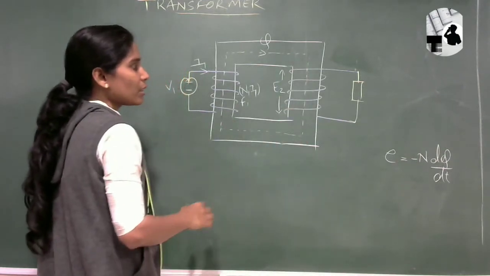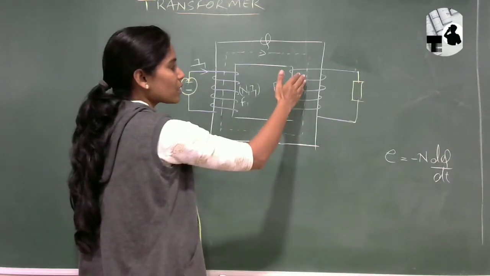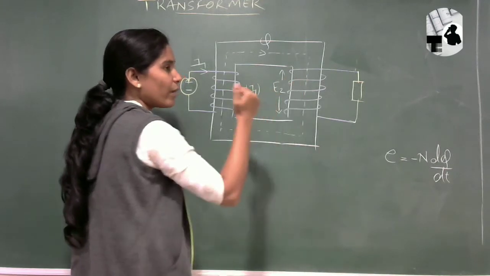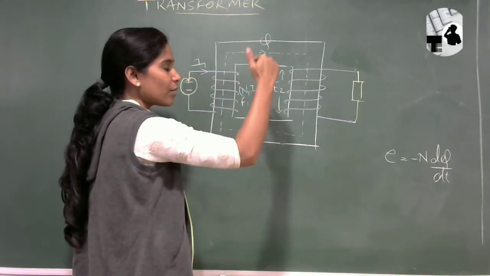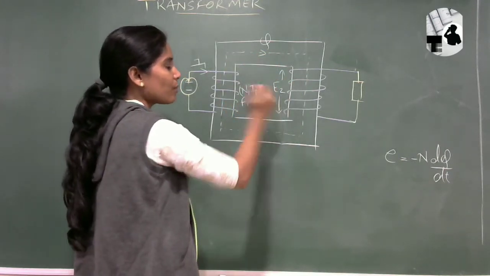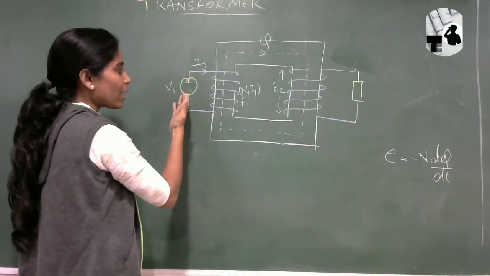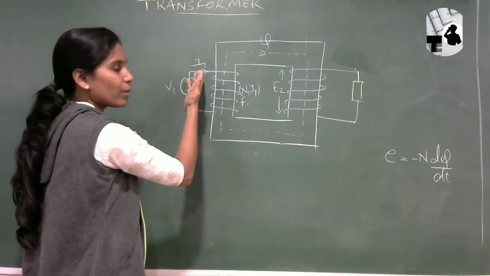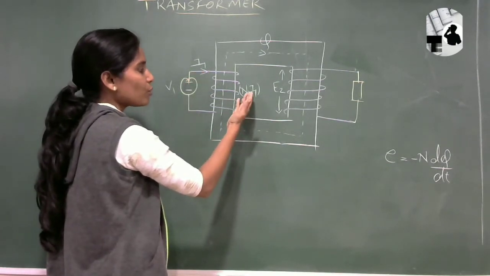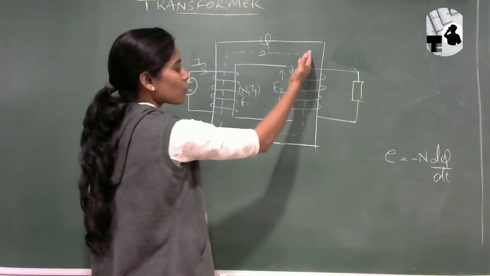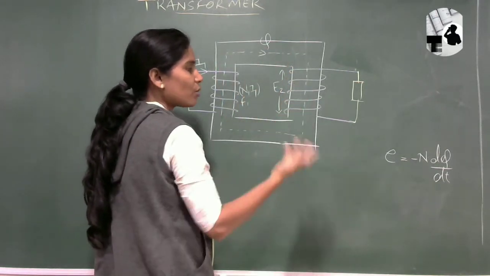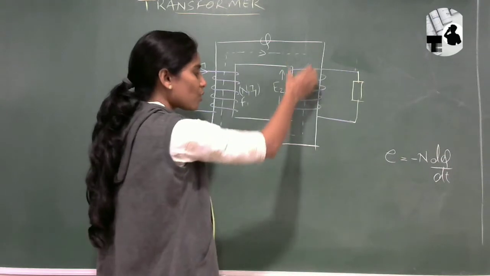At the initial stage, the flux linked with this conductor went from 0 to the φ level. That means there was a change in flux, so we got some value of EMF. But after that, when we keep the supply on, I1 will be of constant value, so N1 I1 will also be constant. So φ will also be constant. That means now there is no dφ/dt. We are getting a constant flux.